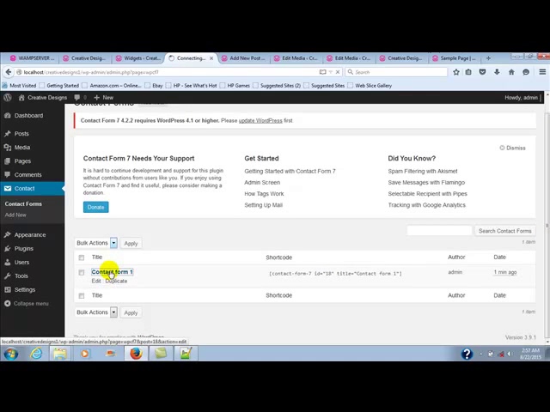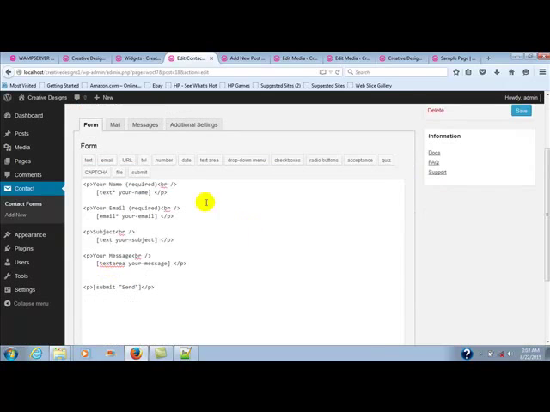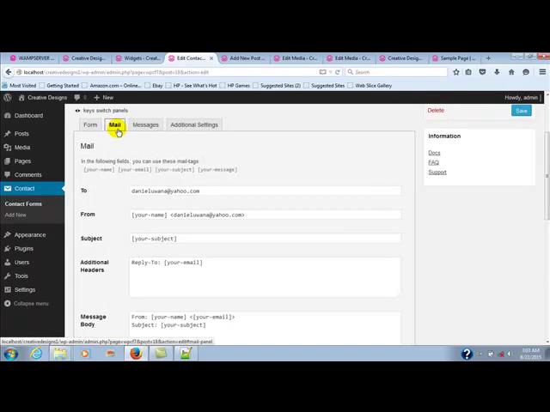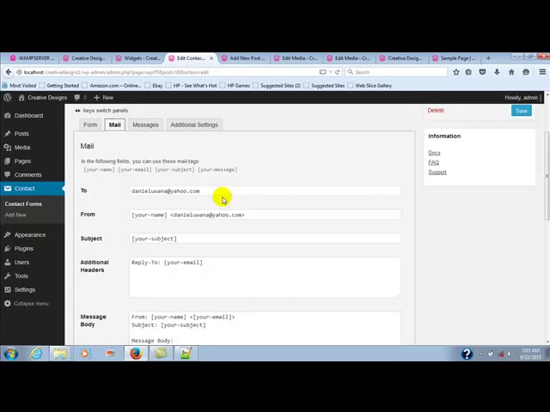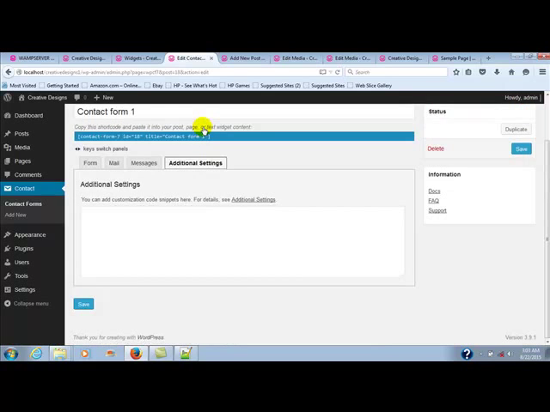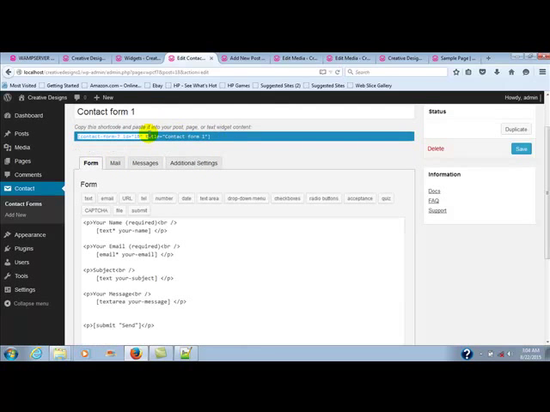You click on it to edit it. So you can see the email settings, new messages. When the user clicks on submit, it will send the data to this email address here, provided when configuring our WordPress. So what you just have to do is copy this form,